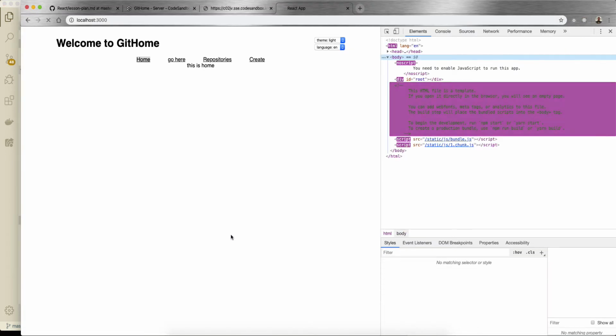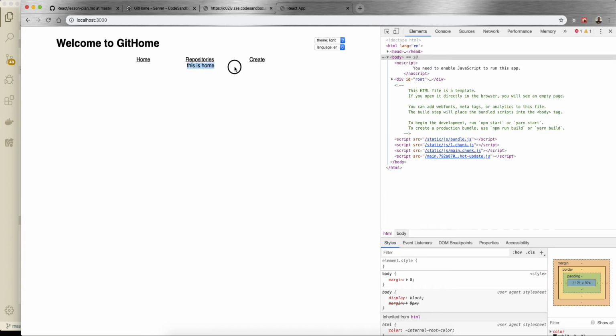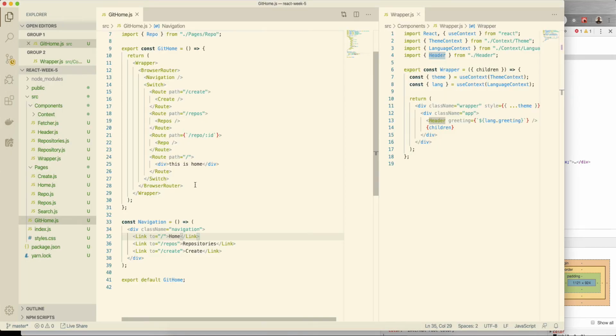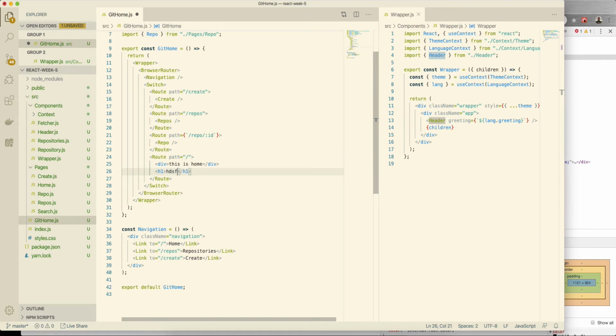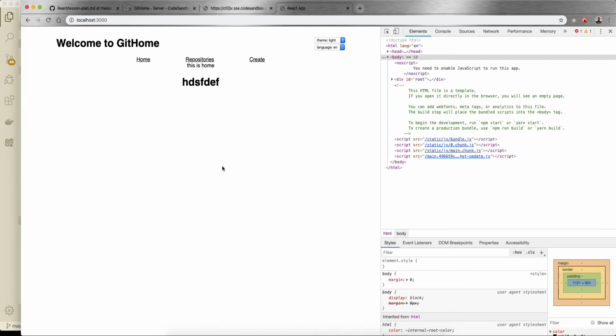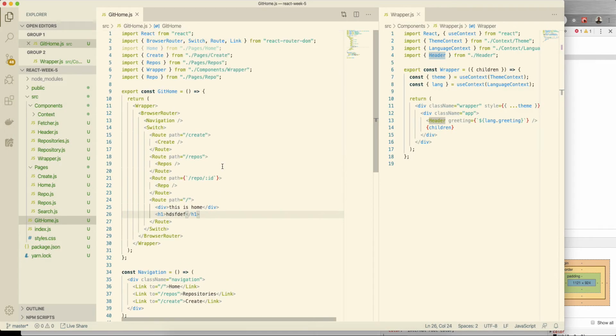So let's kill this one here. Now, as you can see, here we are on this one, or this is the same. If you just put the slash, usually it takes it off because it doesn't really need it. And it has, this is home, which is what we wrote here. So in here, we can have as many components as we want, or elements, or anything, because it's just basic React. But that's why I created the home component